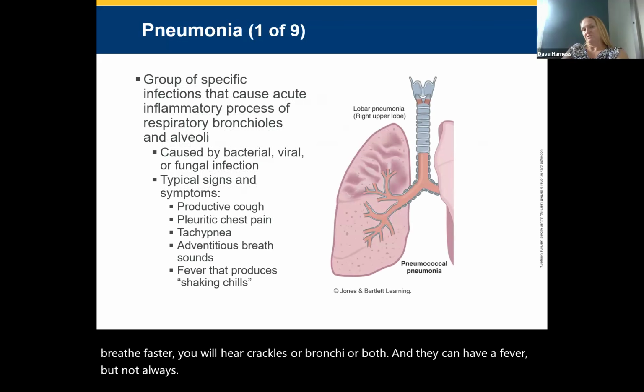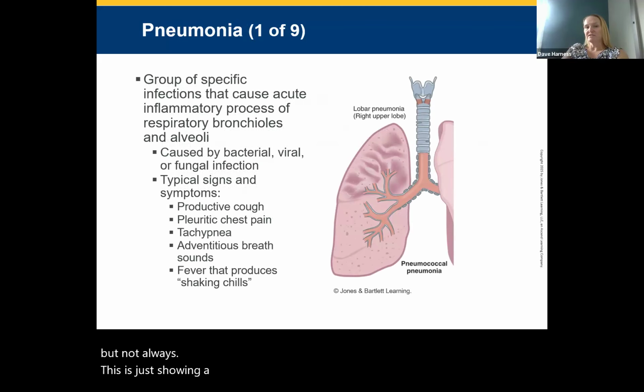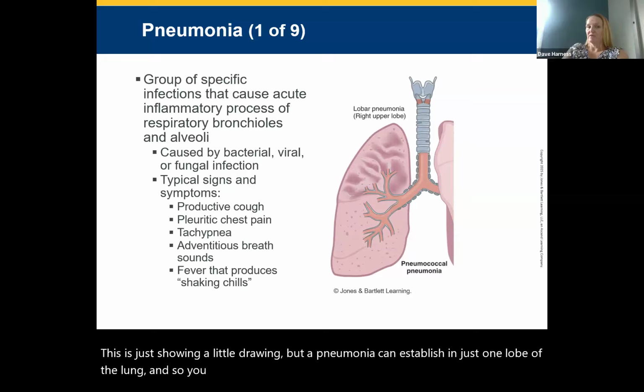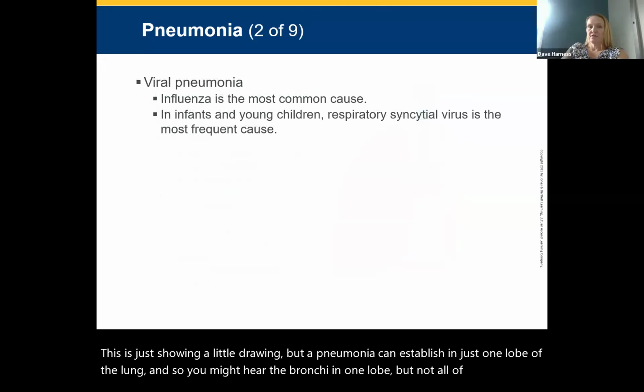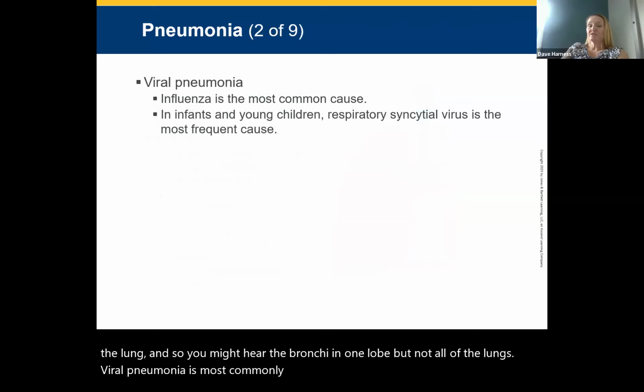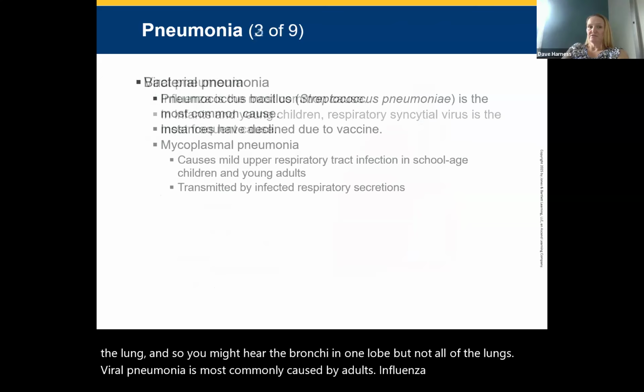This is just showing a little drawing, but pneumonia can establish in just one lobe of the lung, and so you might hear the rhonchi in one lobe, but not all of the lungs. Viral pneumonia is most commonly caused by influenza in adults, and RSV in children. Bacterial pneumonia is the one that